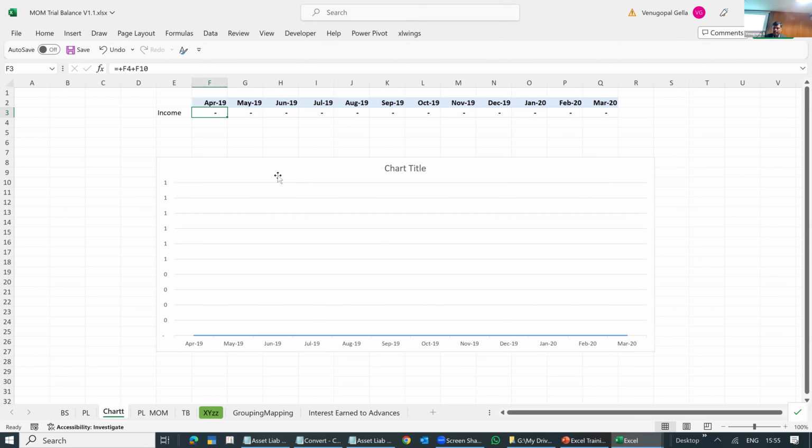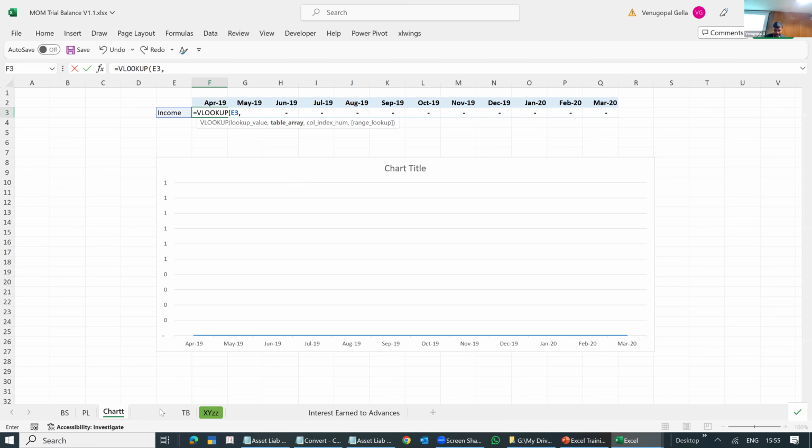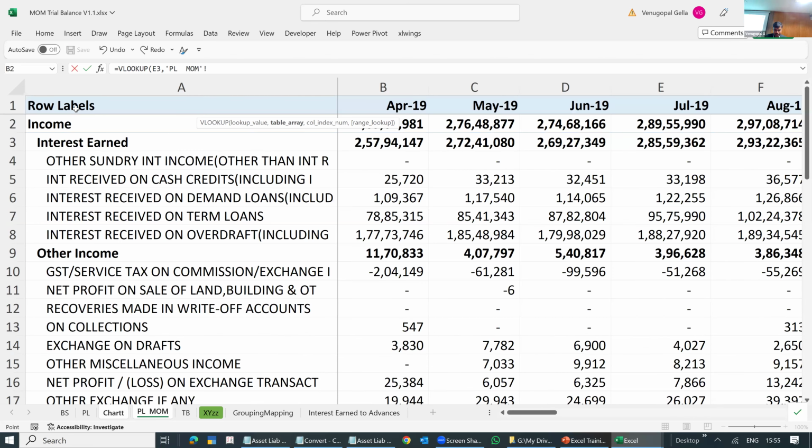Now, here is where I'll use the simple VLOOKUP formula, equal to VLOOKUP this value in my P&L.